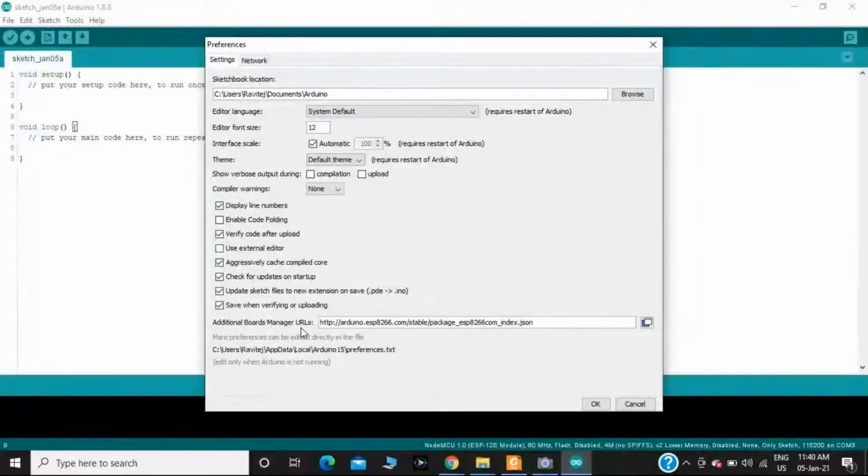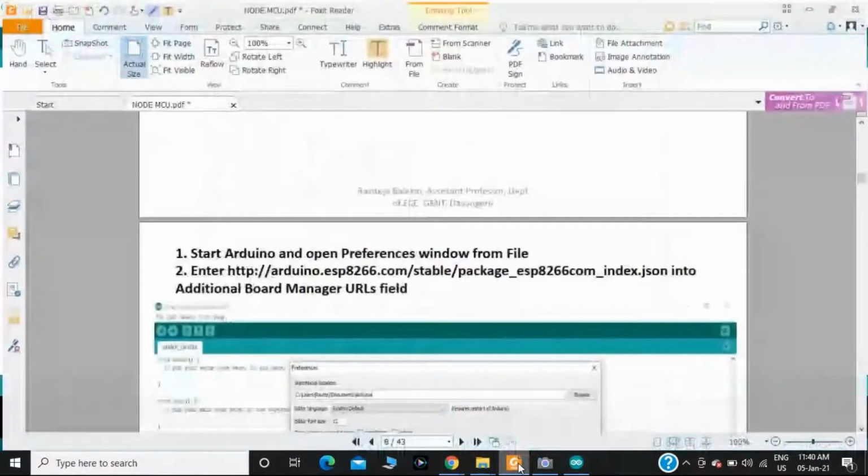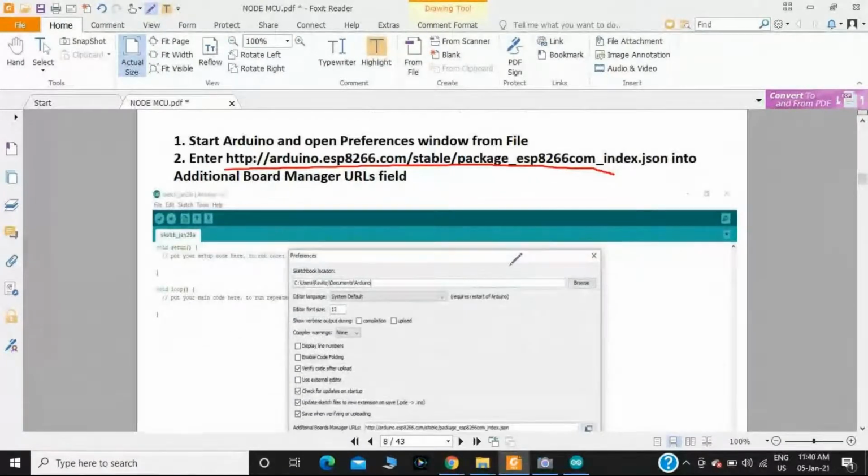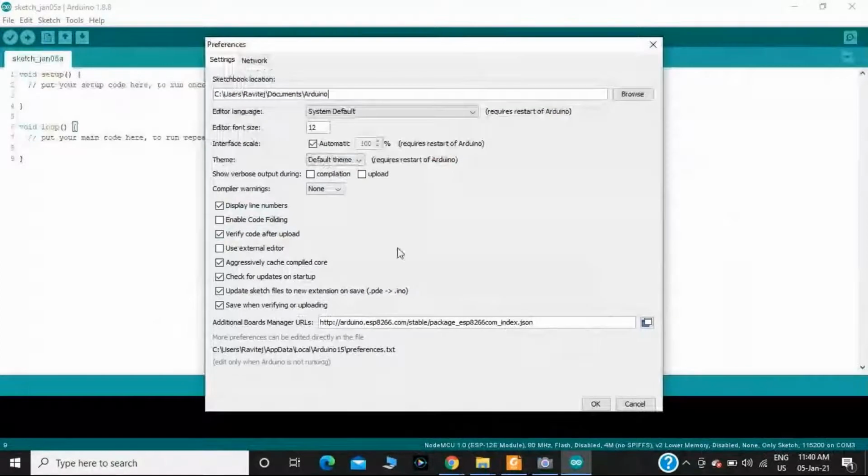In order to add the Node MCU, we should add this particular URL. Okay, I will show you this one. This is the URL you should add in order to get the Node MCU in the Arduino IDE. After typing this URL in the Preferences section, you should click on OK.